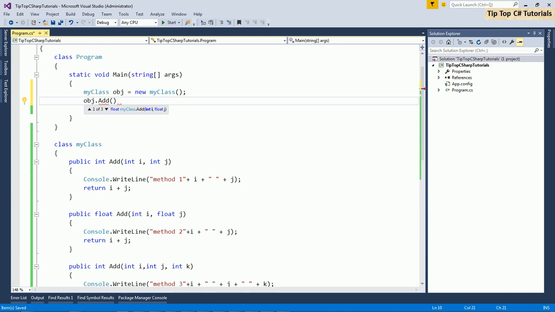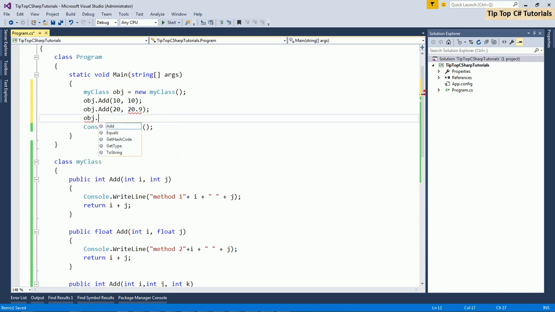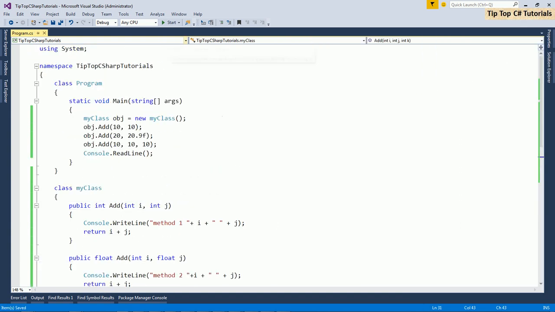So now first I want to call with 10 comma 10. Let's execute and see what will happen when I call all this.